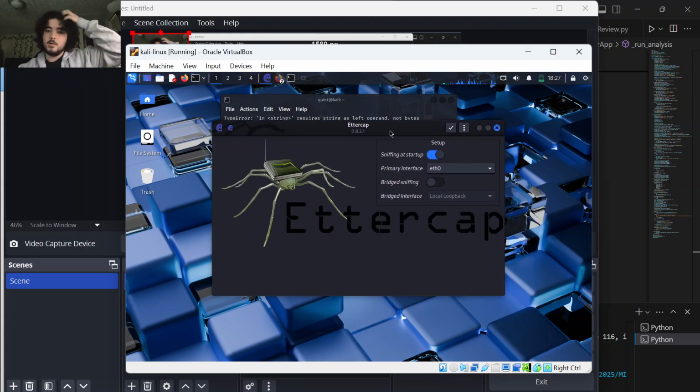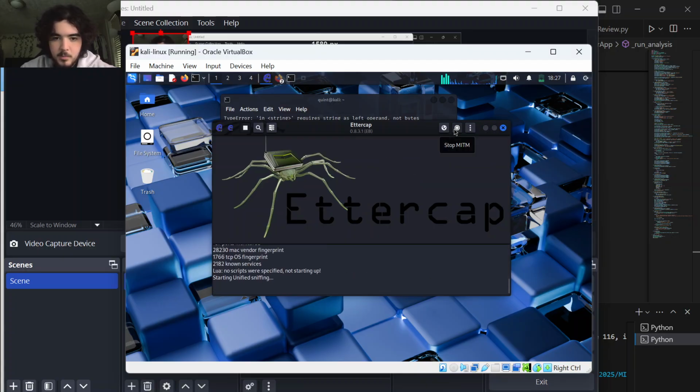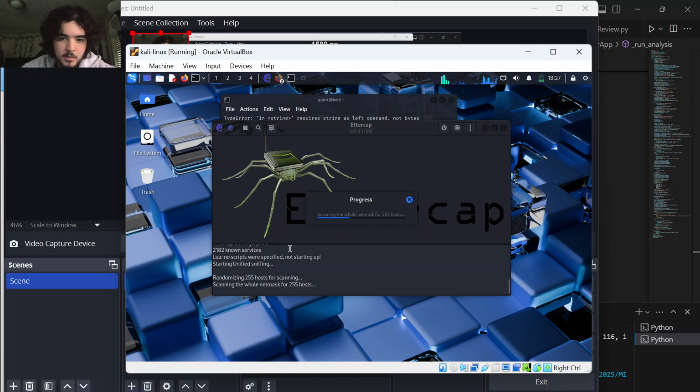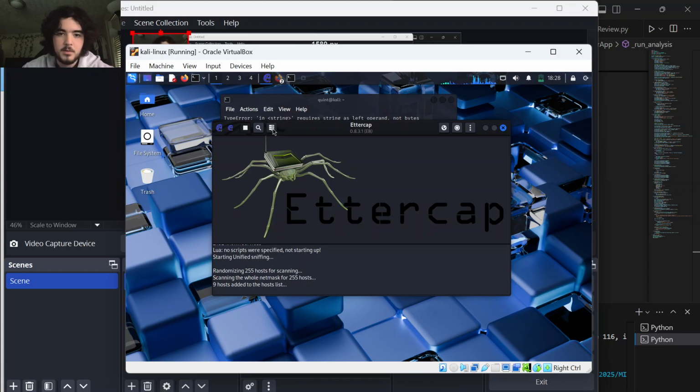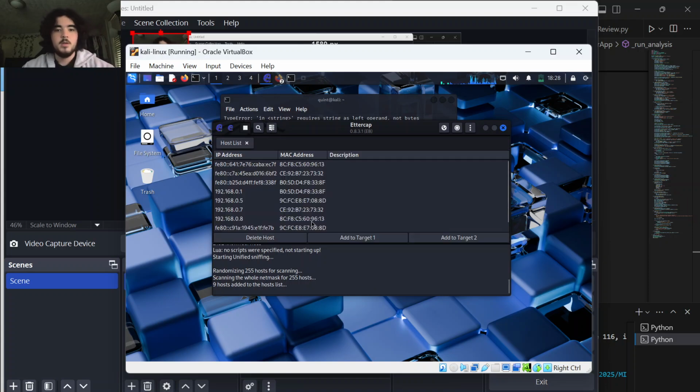It's Ettercap. Ettercap is a pre-installed application on Kali Linux. It allows a lot of man-in-the-middle attacks such as ARP poisoning. That's what I'm looking for. So starting it up, basically you're going to want to search for hosts. It's going to scan the network for the hosts. Now, yeah, 9 hosts added to the list, and then over here is the host list, and the